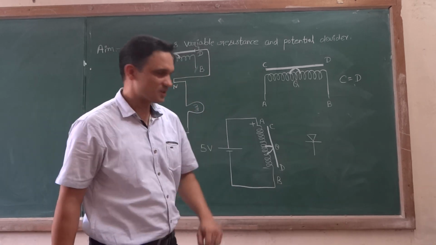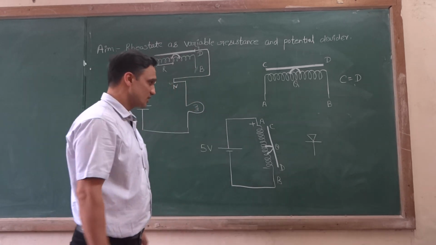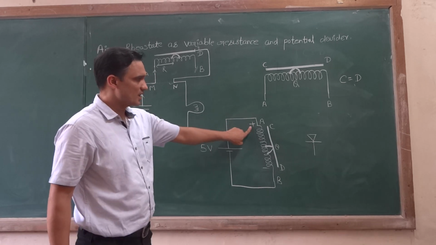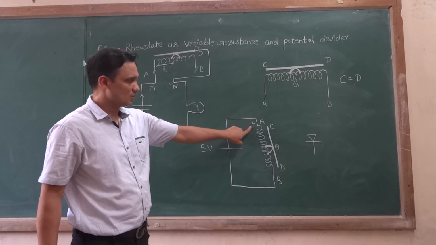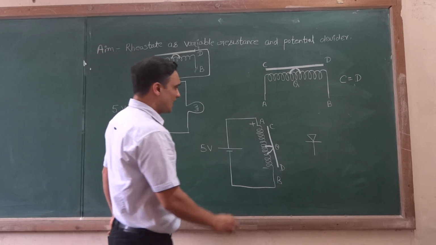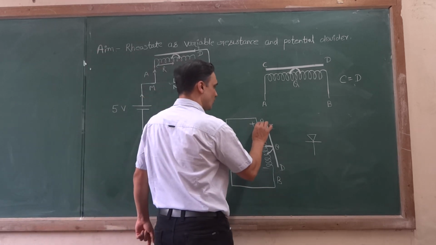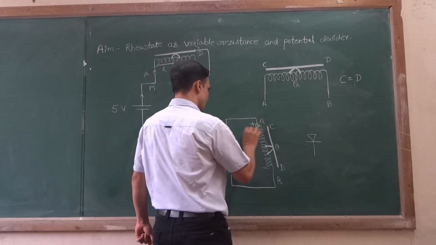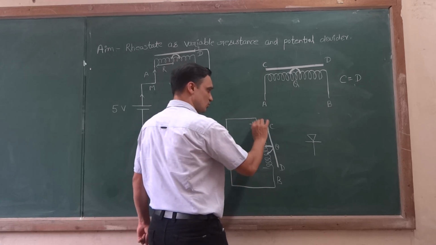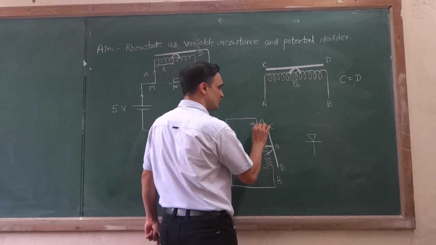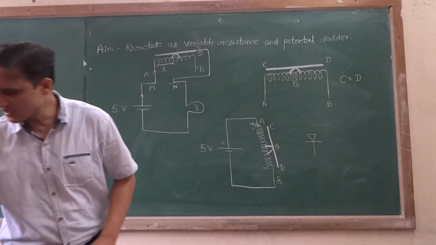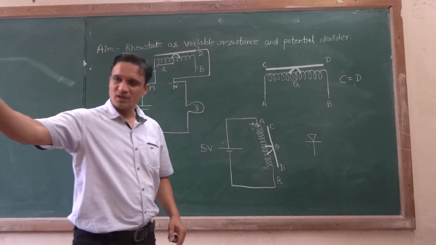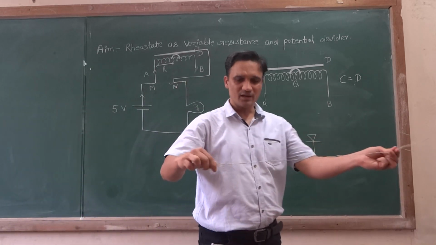So this is one of the things you have to take care during the connection. This is the positive end of the battery. You can connect the end A where you connected the voltage source through the rheostat. You can take another connecting wire. So you can see there is a connecting wire. This is a copper wire basically.